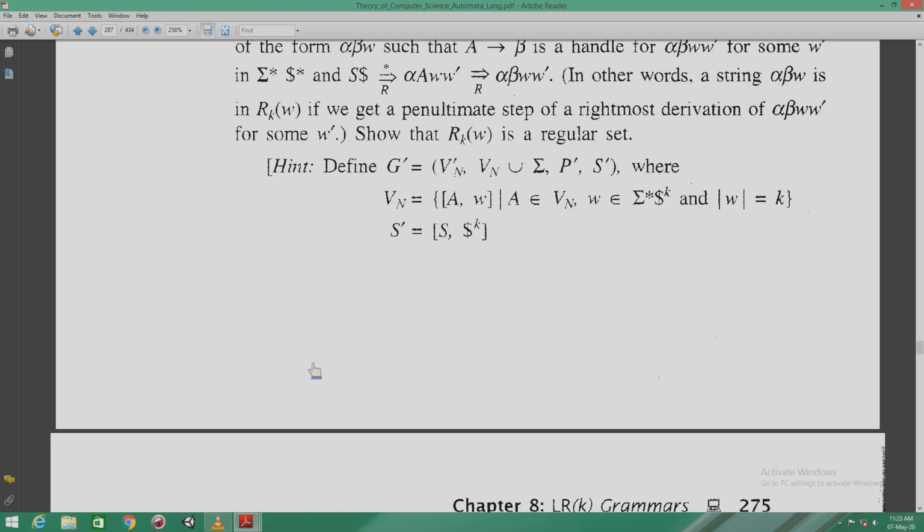Similarly, next question: the automaton corresponding to an LRK grammar is a deterministic finite automaton, non-deterministic